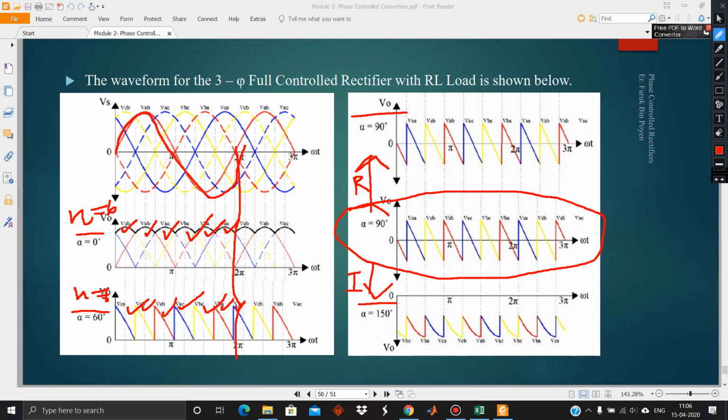Similarly, if you observe over here, N is equal to 6. How? This is 1, this is 1, this is 1, this is 1, this is 1, total 5, and this one, so total is equal to 6. Here also, this is 1, this is 1, this is 1, this is 1, this is 1, part is here and the other part is here. So this is very beautifully drawn, and each of the phases can be distinguished over here.